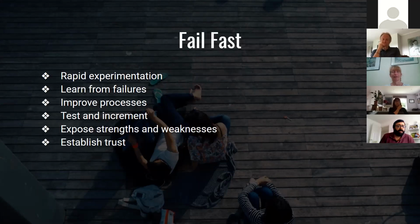So how do we enable that? We enable our teams to be able to fail fast. Now, this can be seen as a negative thing to do, but you need to allow your teams to fail in order to get better. We learn best from learning from our mistakes. So how do we enable that? We can do things like rapid experimentation, rapid prototyping, obviously learning from those failures. So what went well, what are we going to do better for the next time? And during that process, what are we going to improve for the next time? It's all about testing and incrementing. Through each of these cycles of failures and successes, we're going to learn to test those and increment those